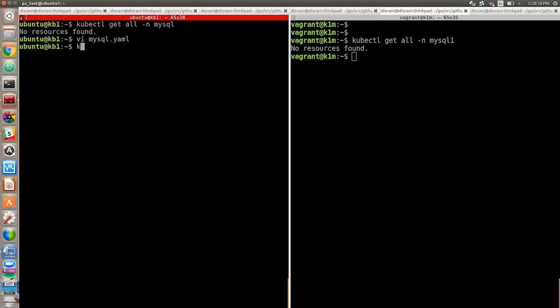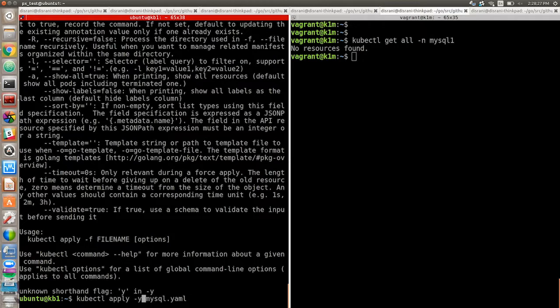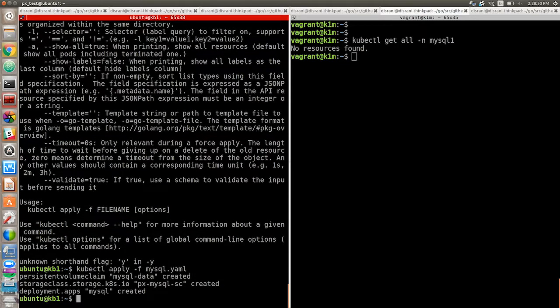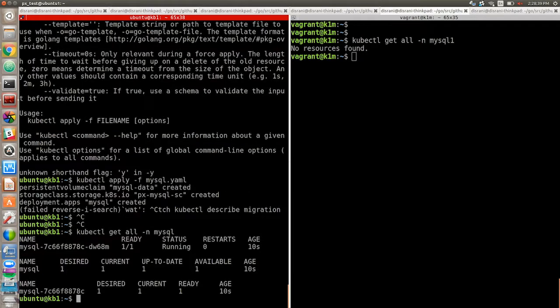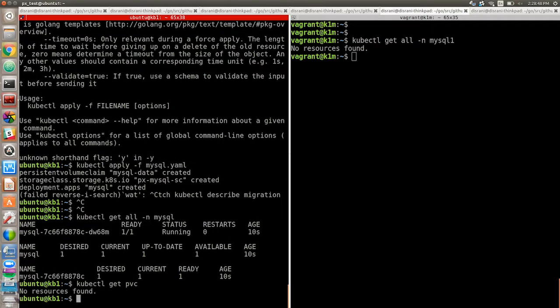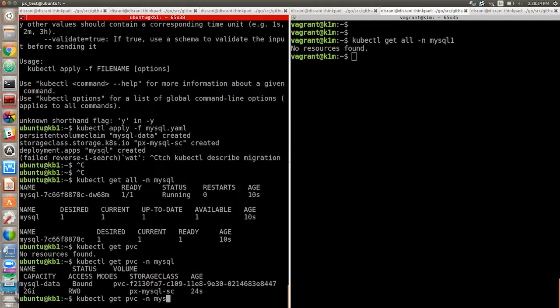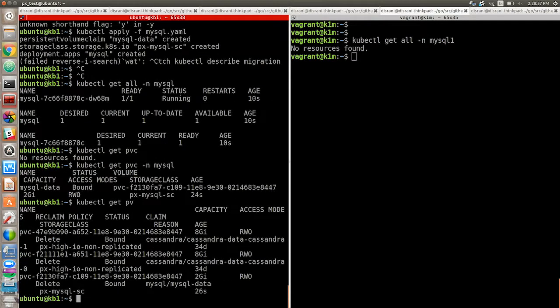So once I have this, I'm just going to apply it. This is going to spin up the app. And if we do this, we should see that the app is now up and running. So we have a MySQL pod running, and if we do a kubectl get PVC, sorry, it's in the MySQL namespace, we'll see that a PVC has been created, and there is also a PV that's backing this. Now that we have this,